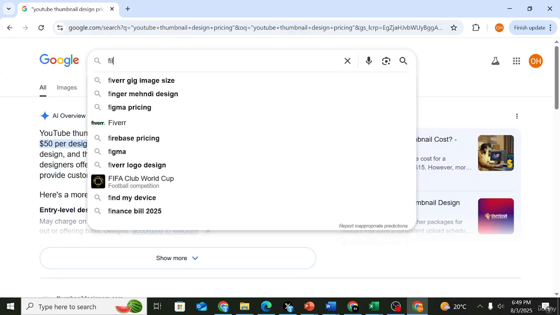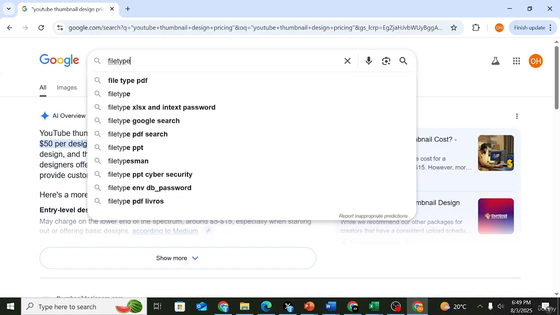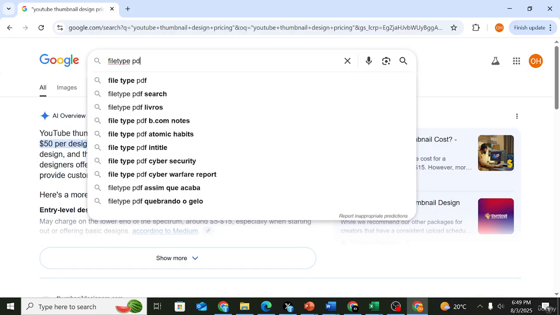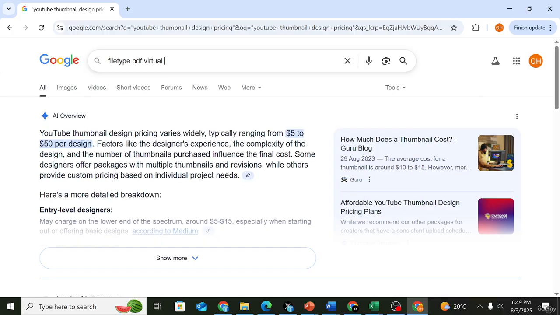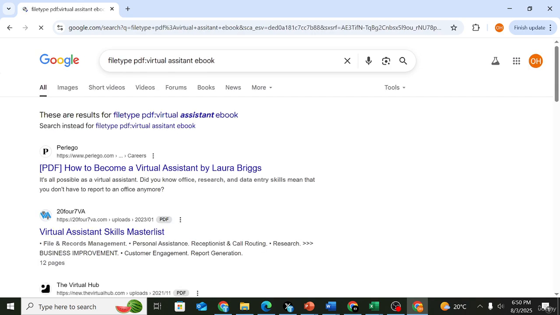you type filetype PDF, then you put colon virtual assistant ebook, hit enter. So when you do that,